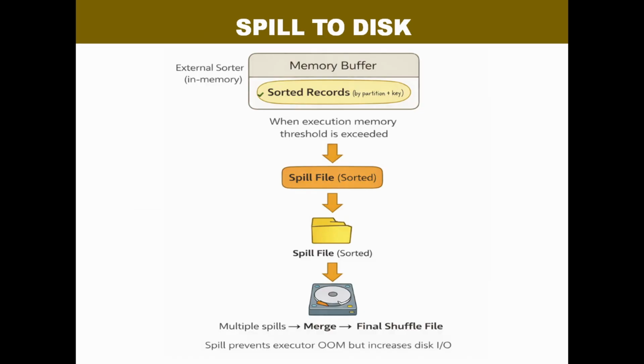Now let's talk about memory. Sorting and buffering require execution memory, but memory is limited. When the in-memory buffer crosses a threshold, Spark spills data to disk. Spilling means writing partially sorted data to disk to free memory. This prevents executor crashes. However, it increases disk I/O, so spilling is a safety mechanism, but it comes with a